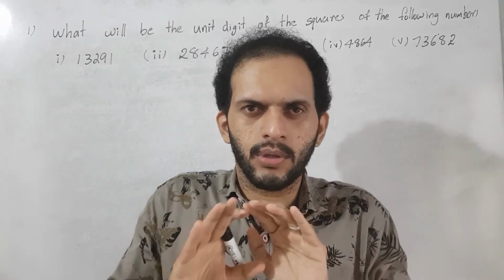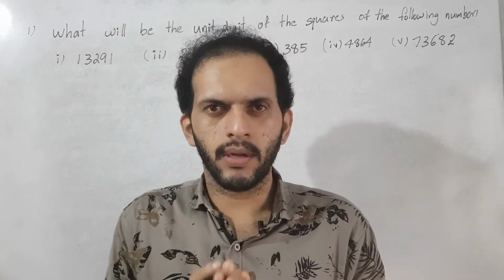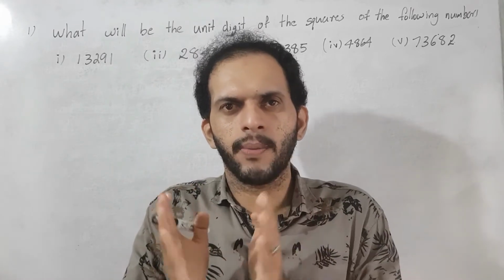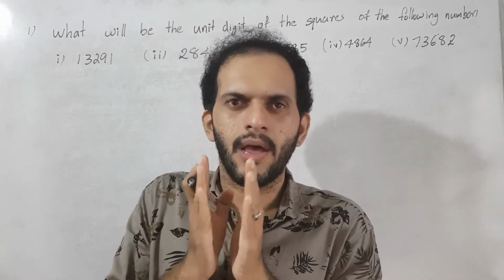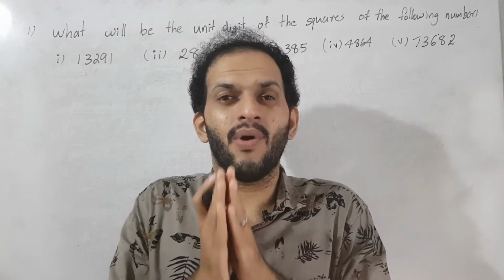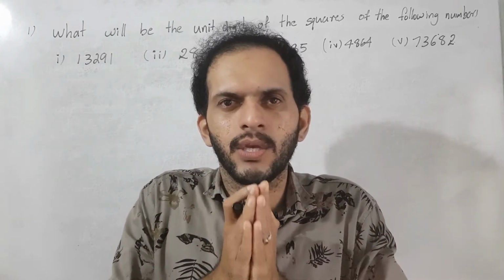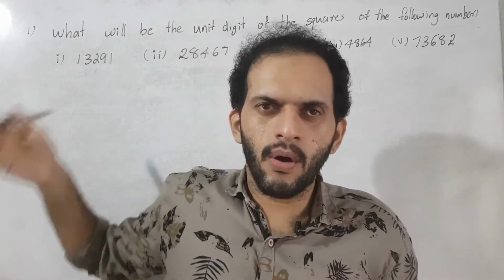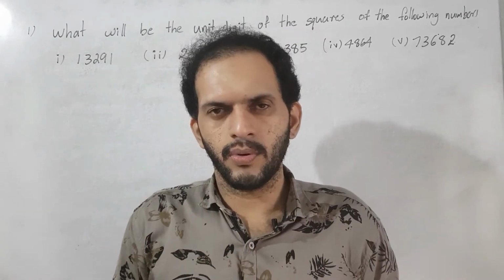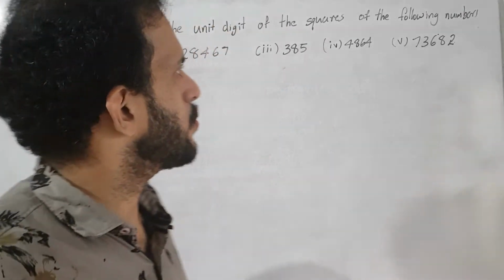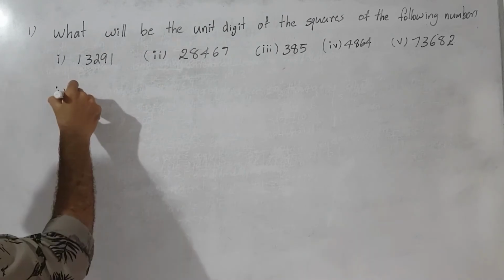Okay, here the question does not ask to find the square of the number. Based on the properties of square numbers, we just write what digit lies in the unit place if we find the square of the following numbers. Okay, so first we go to the first one. The first number is